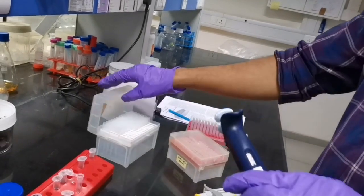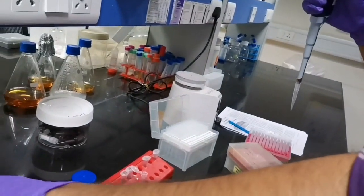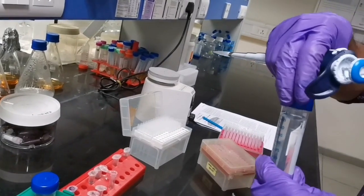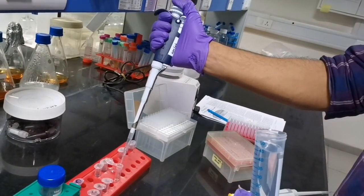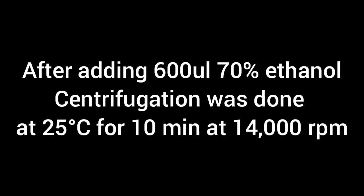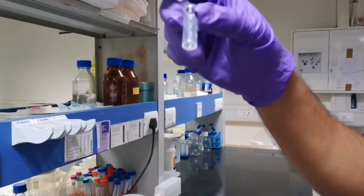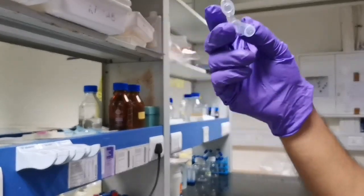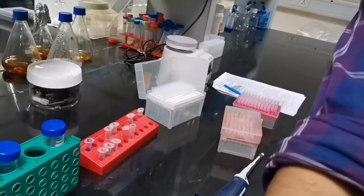I am adding 600 microliters, 70% ethanol. Now this is the plasmid DNA pellet, and the whole 70% ethanol has been evaporated. So now I am going to add 200 microliter RNase containing milletube,